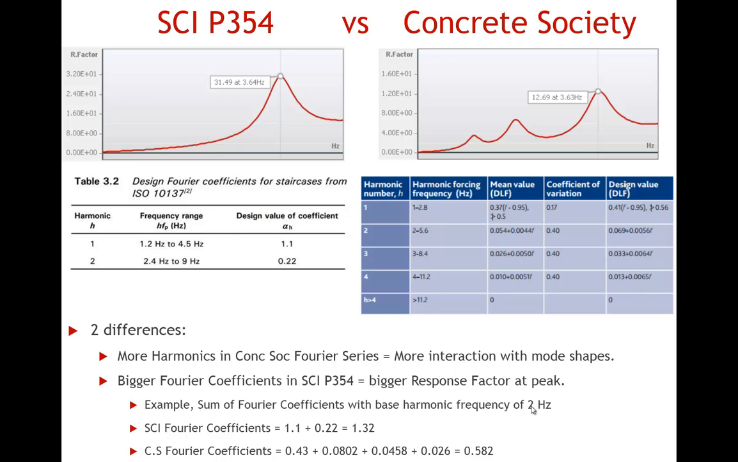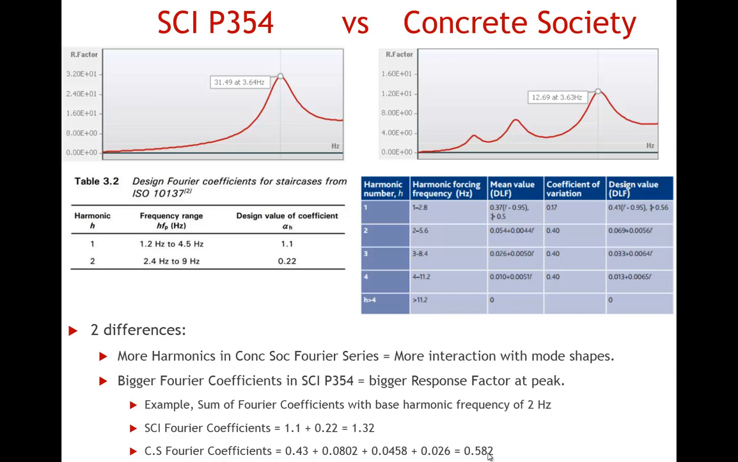For example, with frequency of 2, doesn't actually make a difference to the Fourier coefficients in the SCI. We get a sum of 1.32. But if we put 2 in here, we're getting a sum of 0.582. So you can see straight away that there is a valid reason why the SCI P354 is actually more than twice as big. And I believe that the concrete society approach seems a bit less conservative for staircases, but it